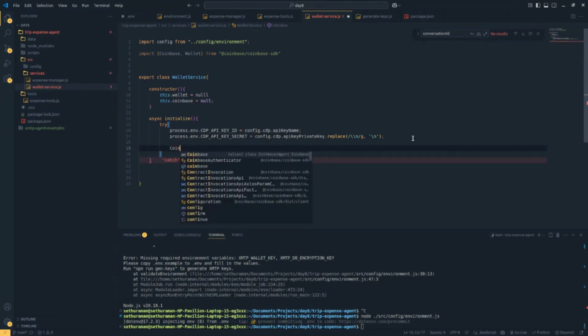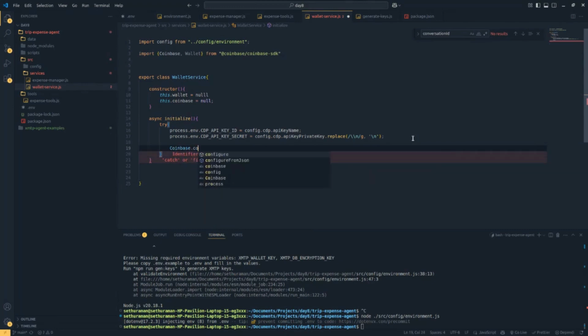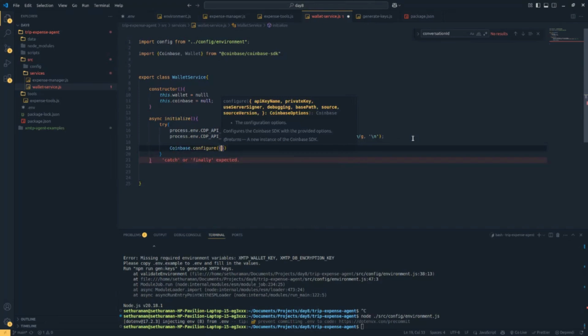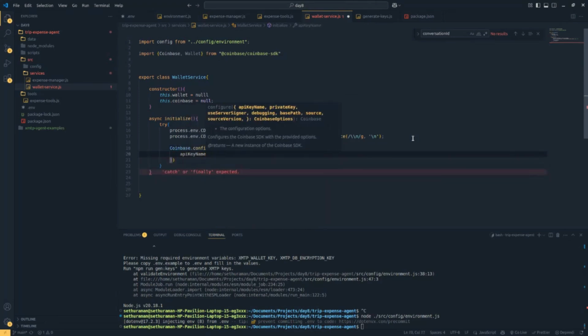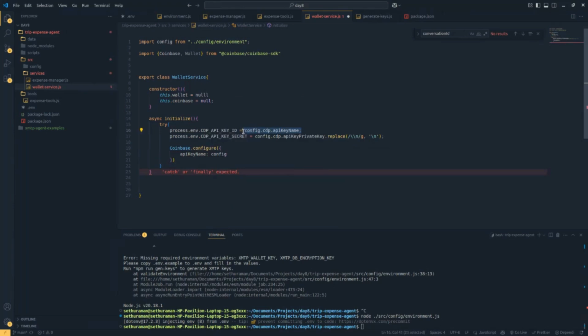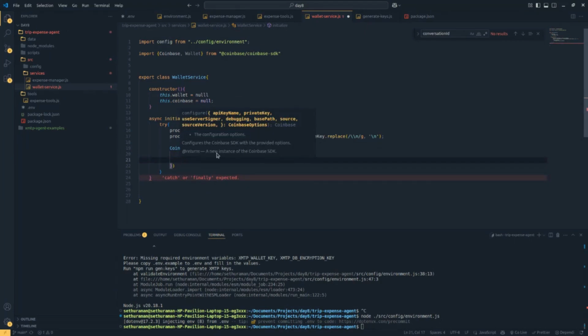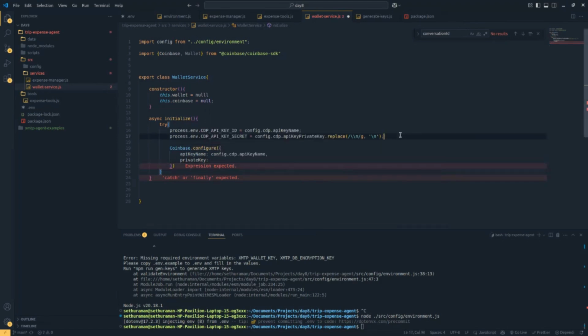That's it. So now let's just configure the Coinbase SDK. We're going to say API key name is going to be config dot, basically the same thing. Copy this. And again, going to be this. And remove the whole thing. Okay, so we've added these things, and now I guess we can just go ahead and initialize